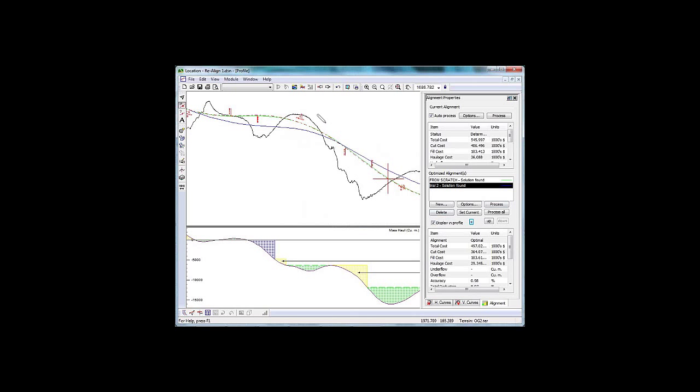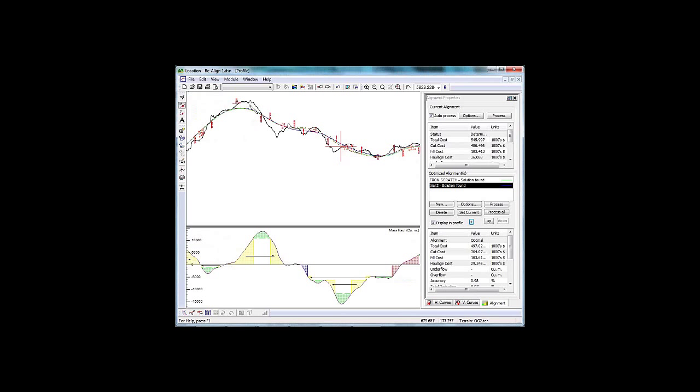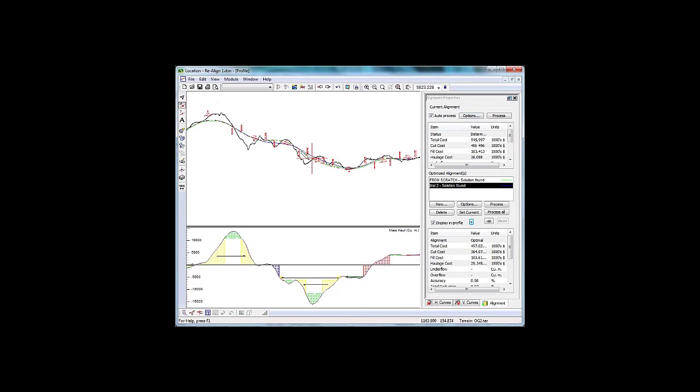So just by changing the alignment in that area near 1180, it's found a completely different solution in that area, and it actually did reduce the cost. Here's the cost of the current alignment, the vertical alignment that I created before, and it's at 545. That's up to date, 545. And here's the cost of the new vertical alignment, 497,